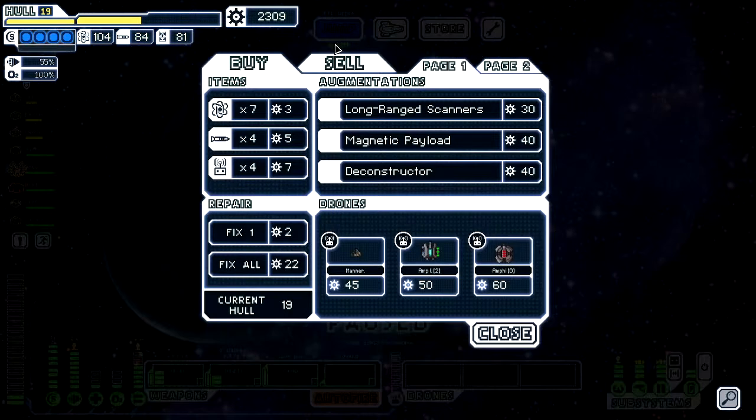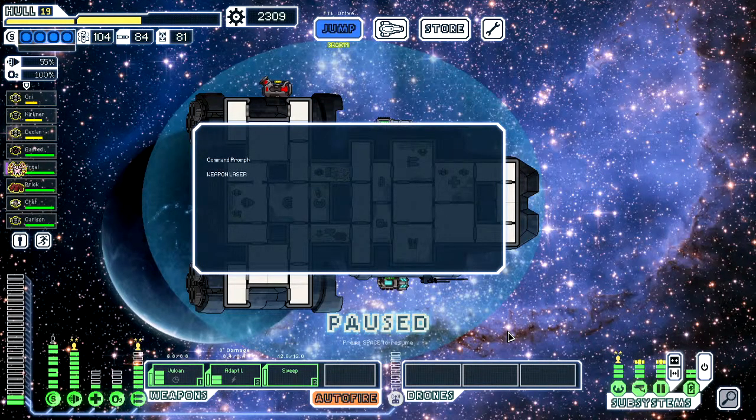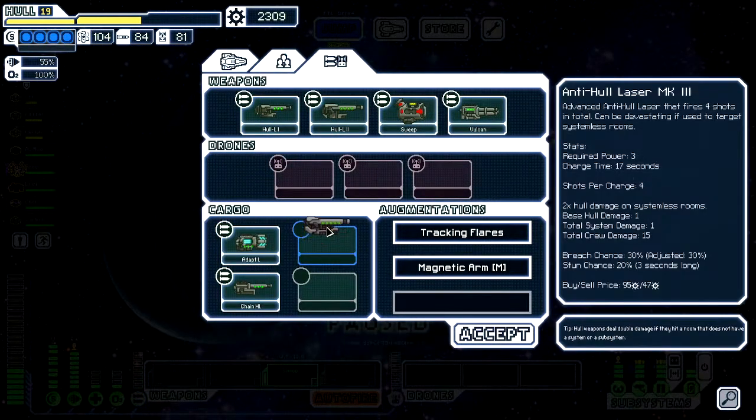Oh, they must all be numbered. Well, so we'll get hull 1. We'll get ourselves a hull 2. We'll get ourselves a hull 3. And I'll need to double check the idea of chain hull before I put that in wrong. So there we go, we have a selection of hull weapons, and the changes here are subtle, but they are